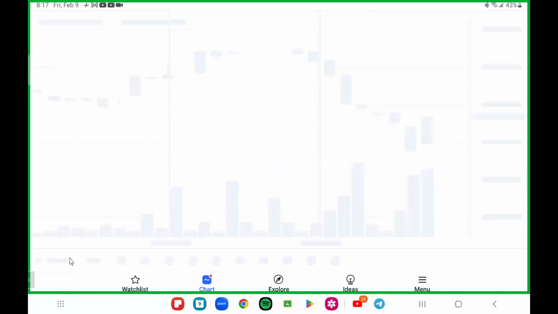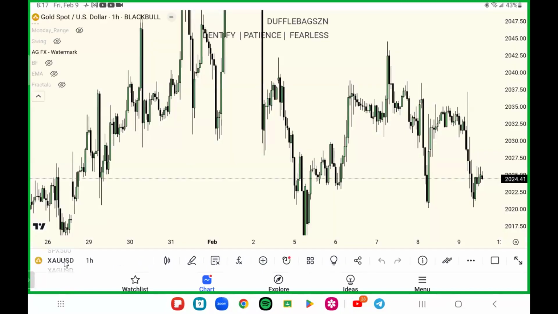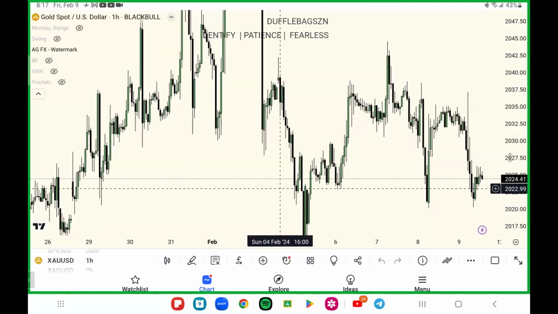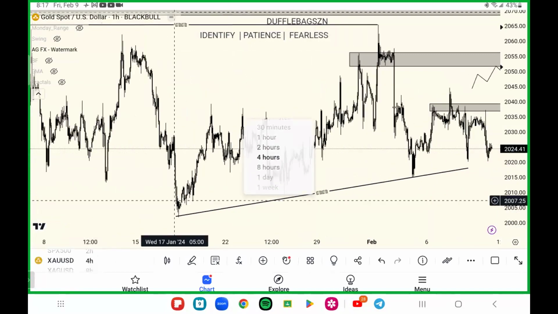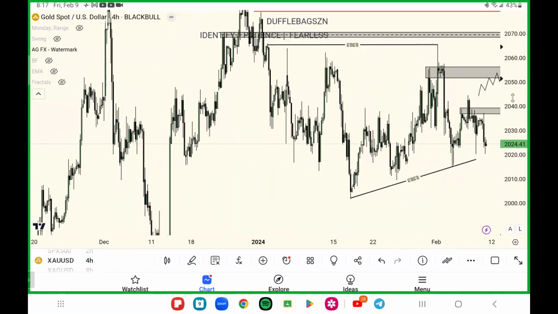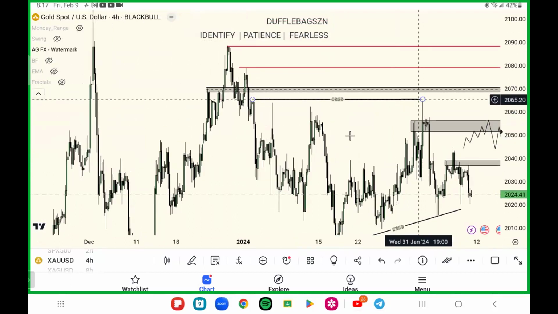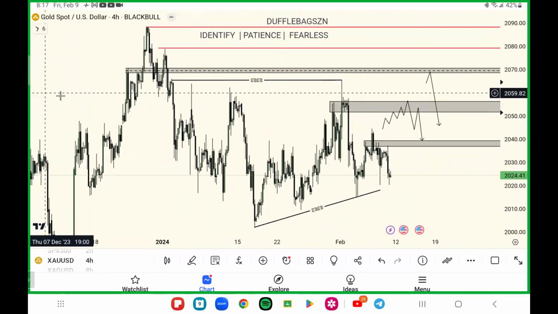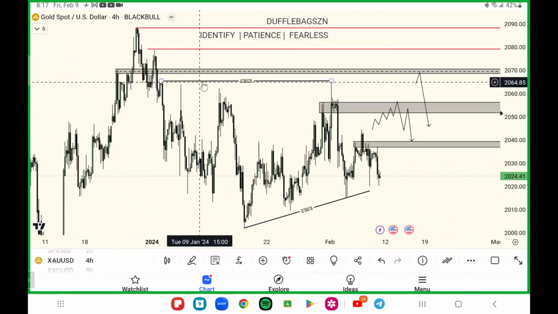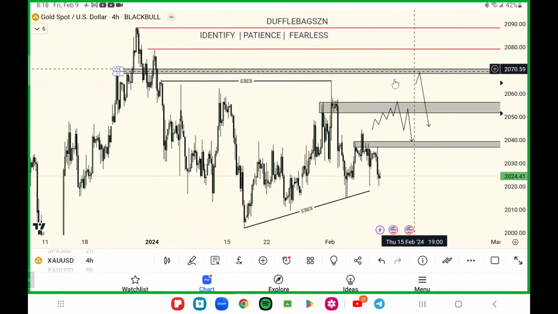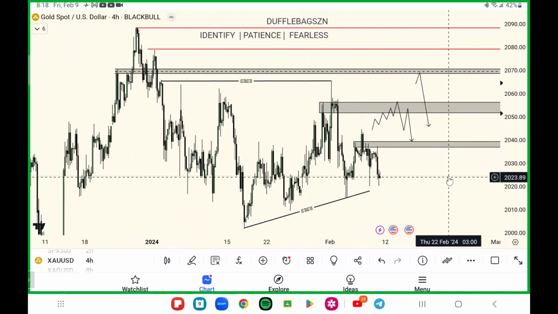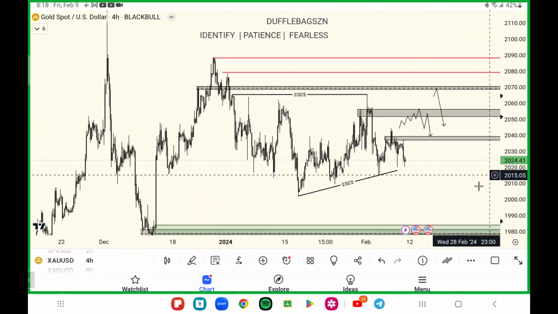I've been waiting patiently. I don't really trade gold like that, to be honest. So whenever I see a zone that's just chilling right there, I kind of just wait and let it play out. Let's go to the 4 hour. So you can see on Levels, this wick here was super close, but on TradingView, we can see it's just chilling right here, right? So I wouldn't mind if news came up to take some of these people out to drop down, because if we're looking for buys, honestly, I'm